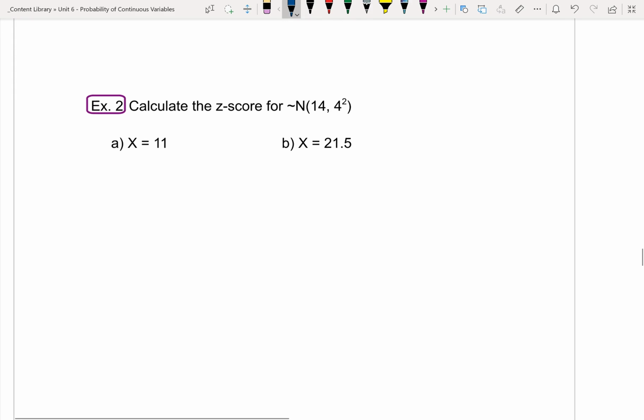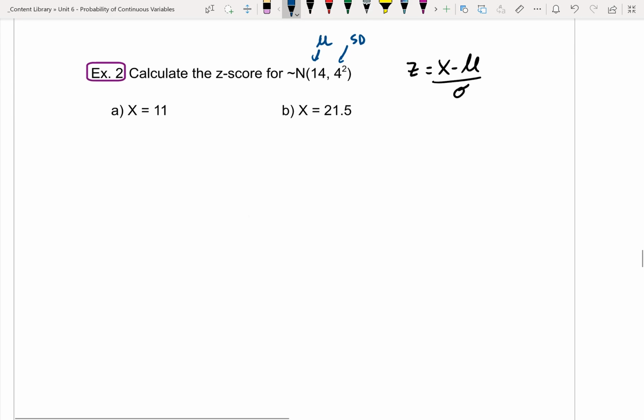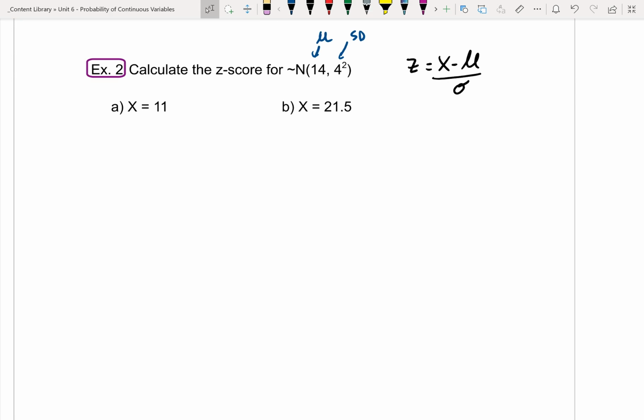So if I want to calculate the z-score for a normal distribution with a mean of 14 and a standard deviation of 4, I want to keep in mind that the z-score is equal to the x value minus the mean, divided by the standard deviation. So if I look at x is equal to 11, so a data point of 11 with data that has a mean of 14 and a standard deviation of 4, basically what I want to find,